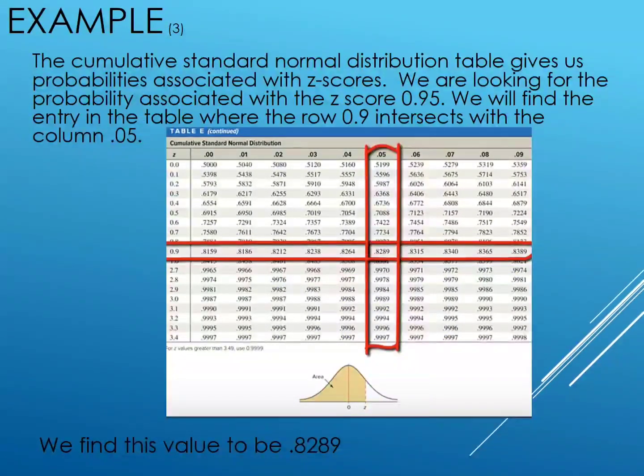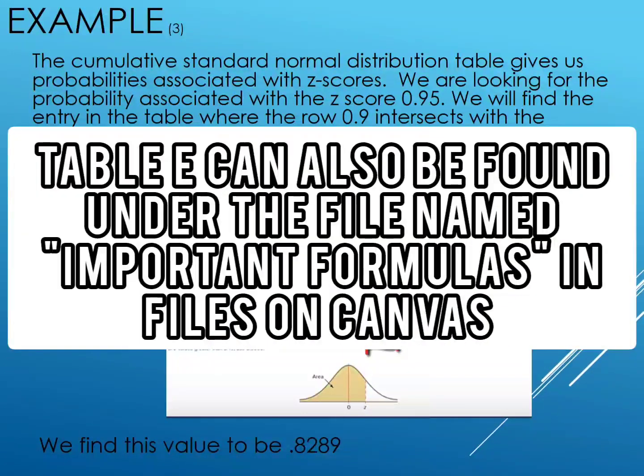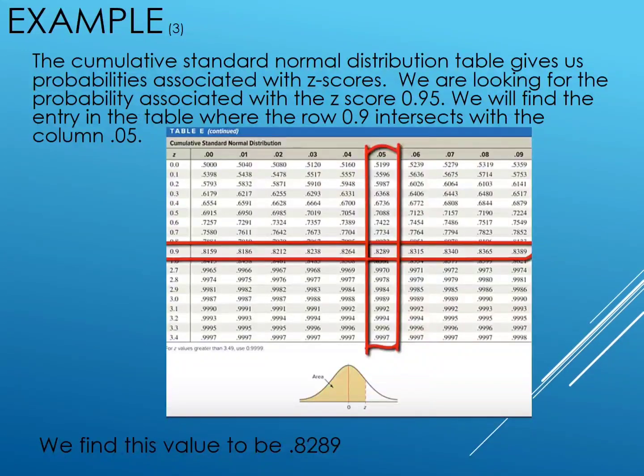So it's called table E. If you can't find it in your ebook, you could just scroll down to table E. The way you would find the probability for that particular z-score is by looking at your table, and since we care for 0.95, on the left column is my z, and I would go down up to 0.9, and then what is the second value? 5. So I would go 0.9 to 5, meaning that covers 0.82